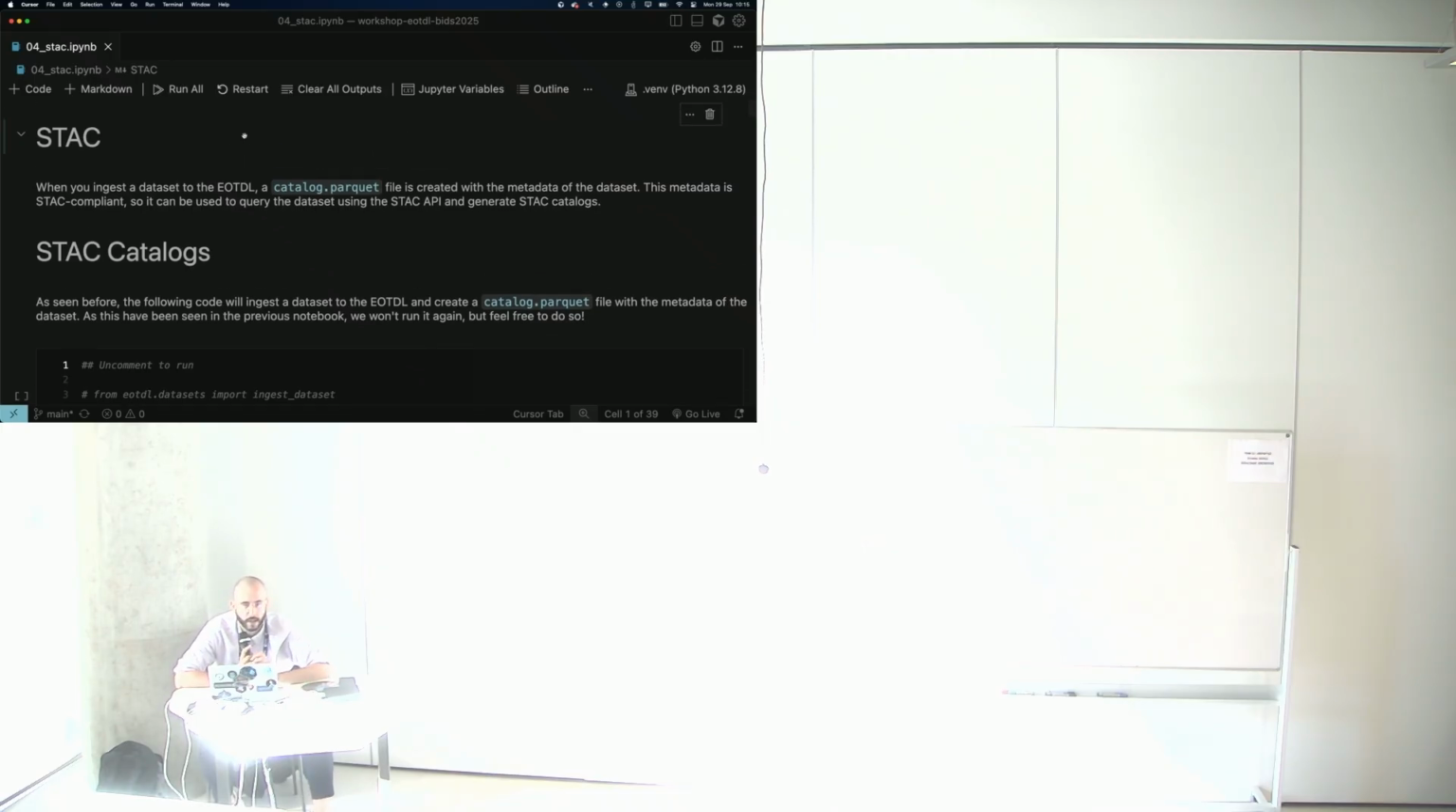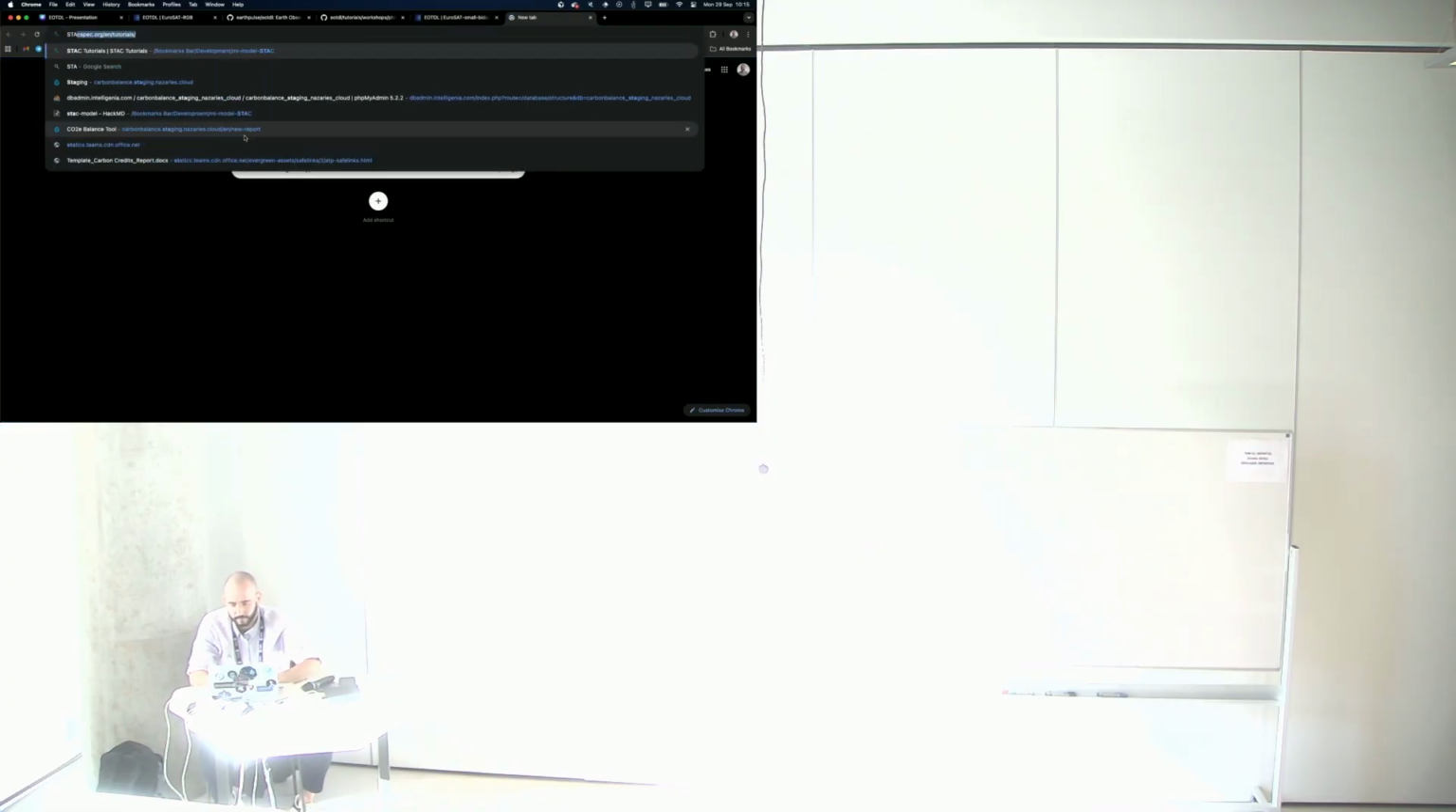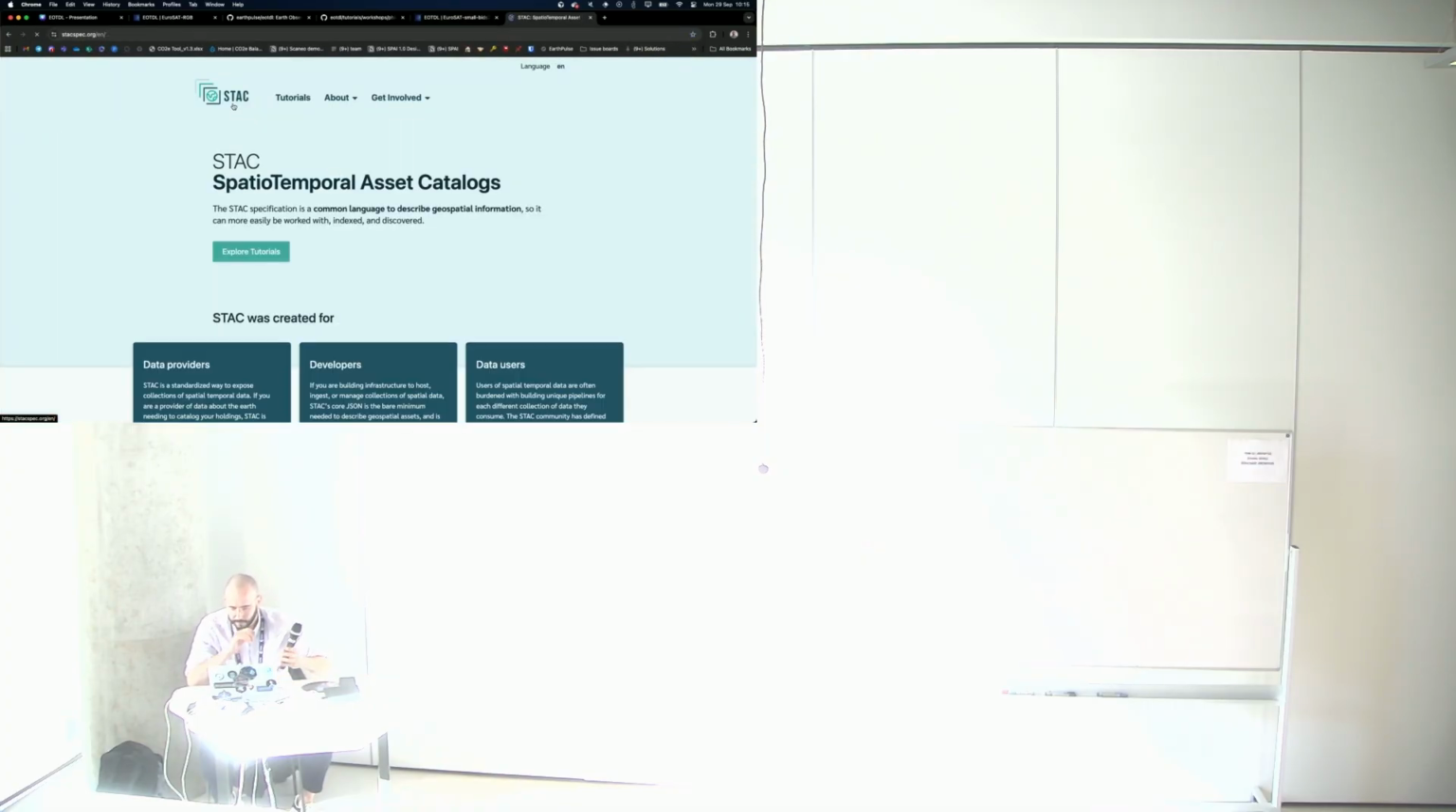Okay, so in this notebook, we'll see how the EOTDL works with a STAC. So first of all, let's check the STAC specification. The STAC specification arose some years ago, and it has gained a good position across the Earth observation industry. It's a common language to describe geospatial information and also to access it, especially for Earth observation